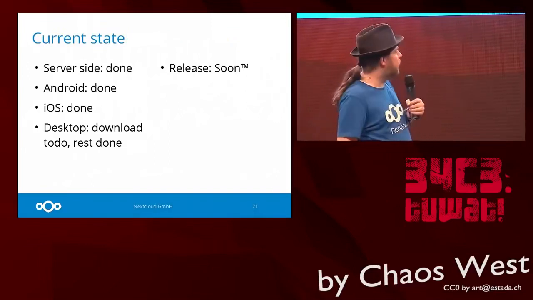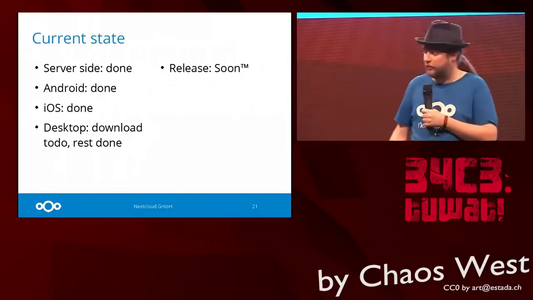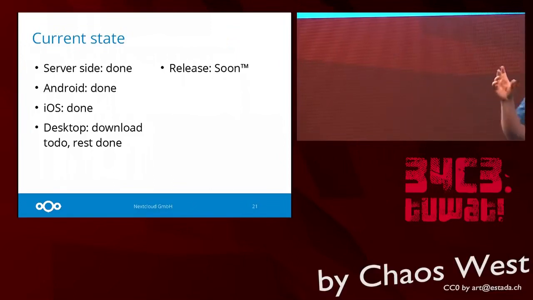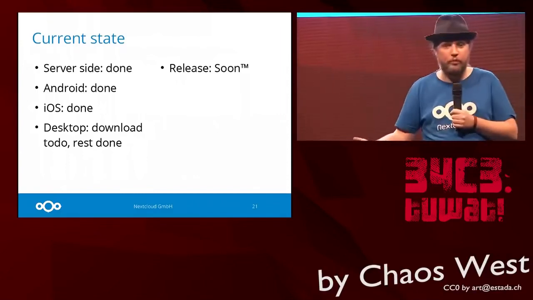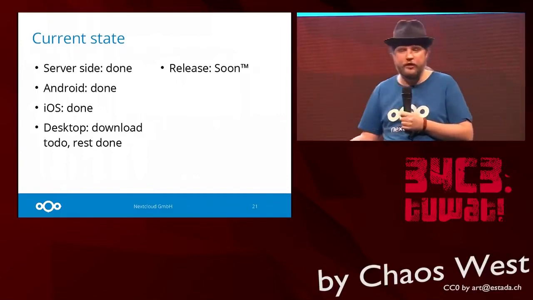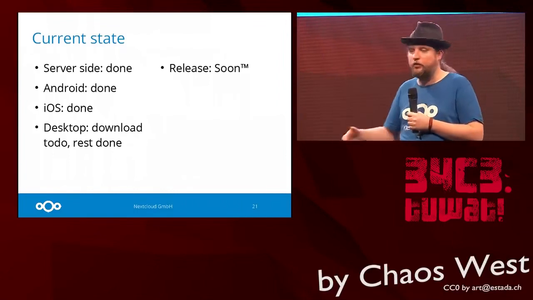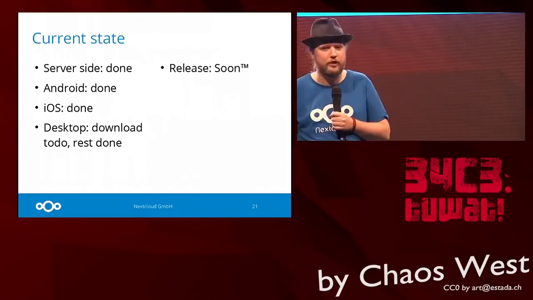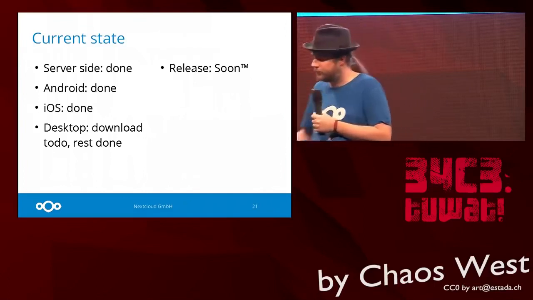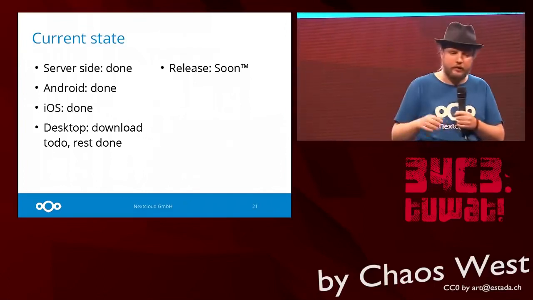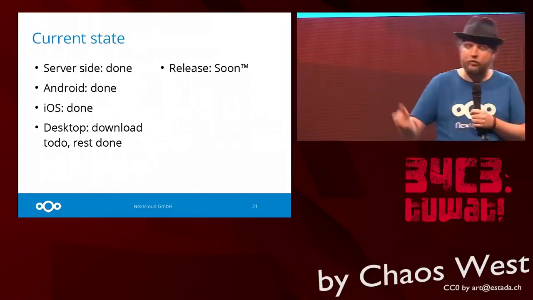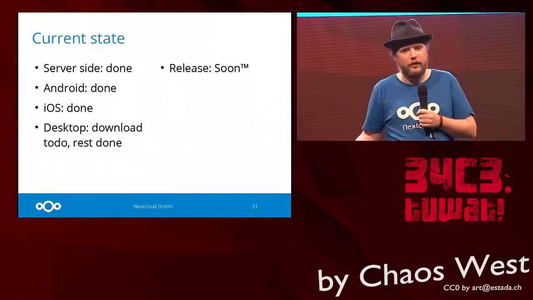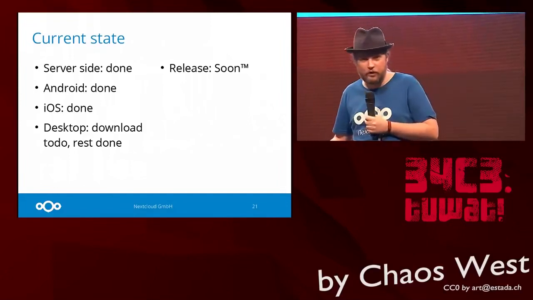So, you might wonder, where can I download it? Right now the server side is done, right? It stores the public and private keys. It can facilitate the sharing. It can deal with encrypted files and recognize them and not try to generate thumbnails out of it and these things. This is done. The Android app can create a secure identity, send it to the server, sync it from another device, upload and download files. This works. Same with the iOS client.